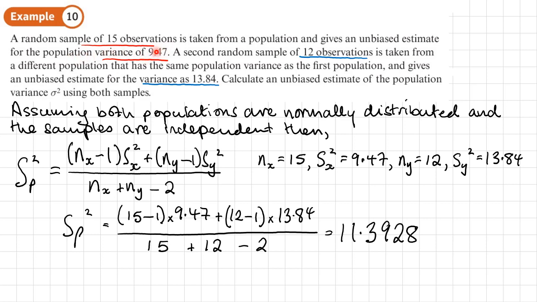Now I guess I could round that to 3 significant figures, or maybe 2 decimal places, since these look like they've been rounded to 2 decimal places. These could be exact values, by the way, I don't know. So since it's not a big long decimal, I won't round it, I'll just write the full answer down for that one. Okay, so this is my